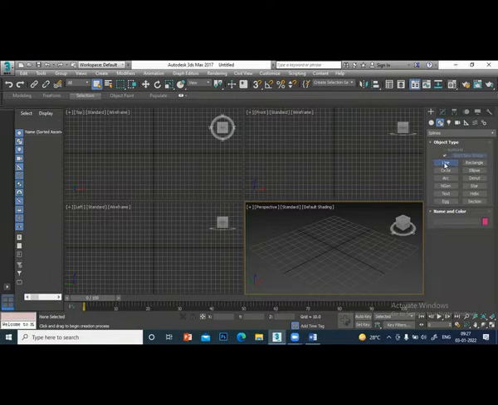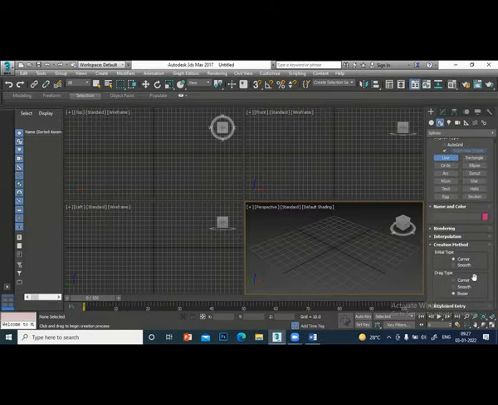When I click the line command, you can see the creation method: initial type, corner, smooth; drag type, corner, smooth, Bezier. Everyone, please listen, then after that you can practice. Initial type has corner and smooth; don't worry about that.